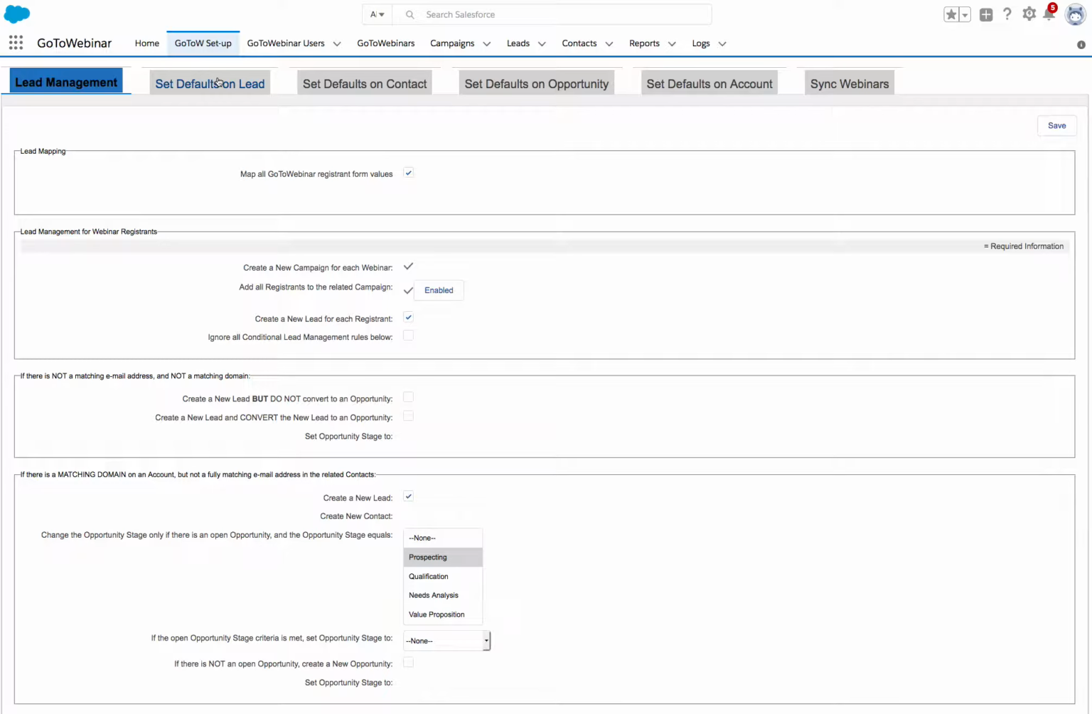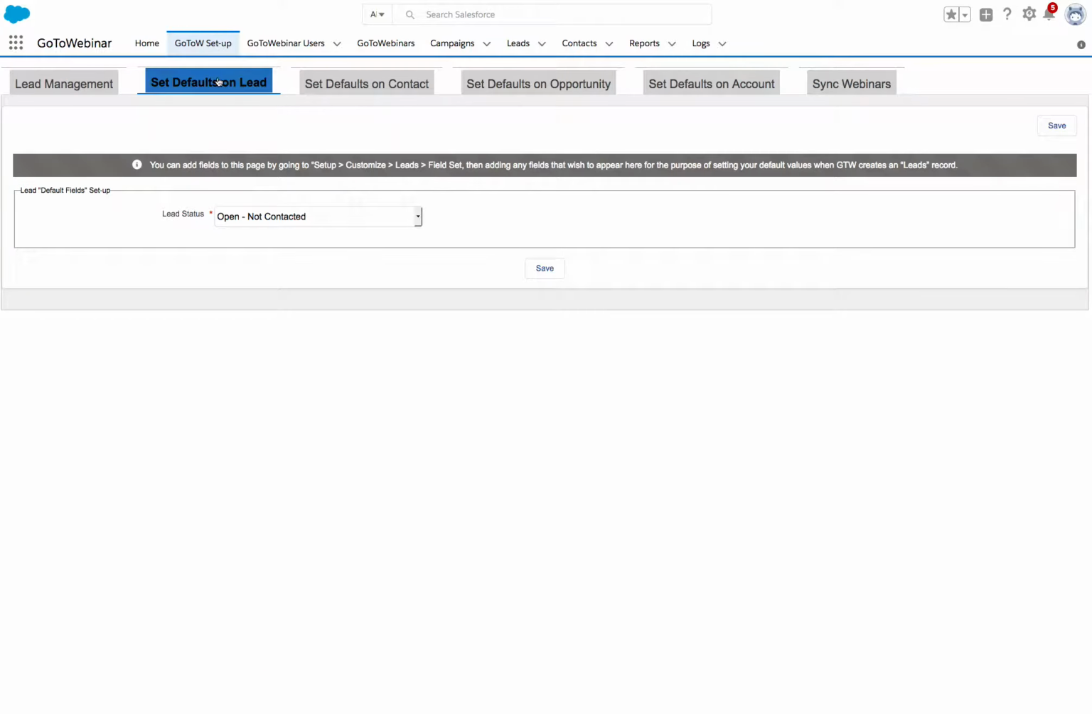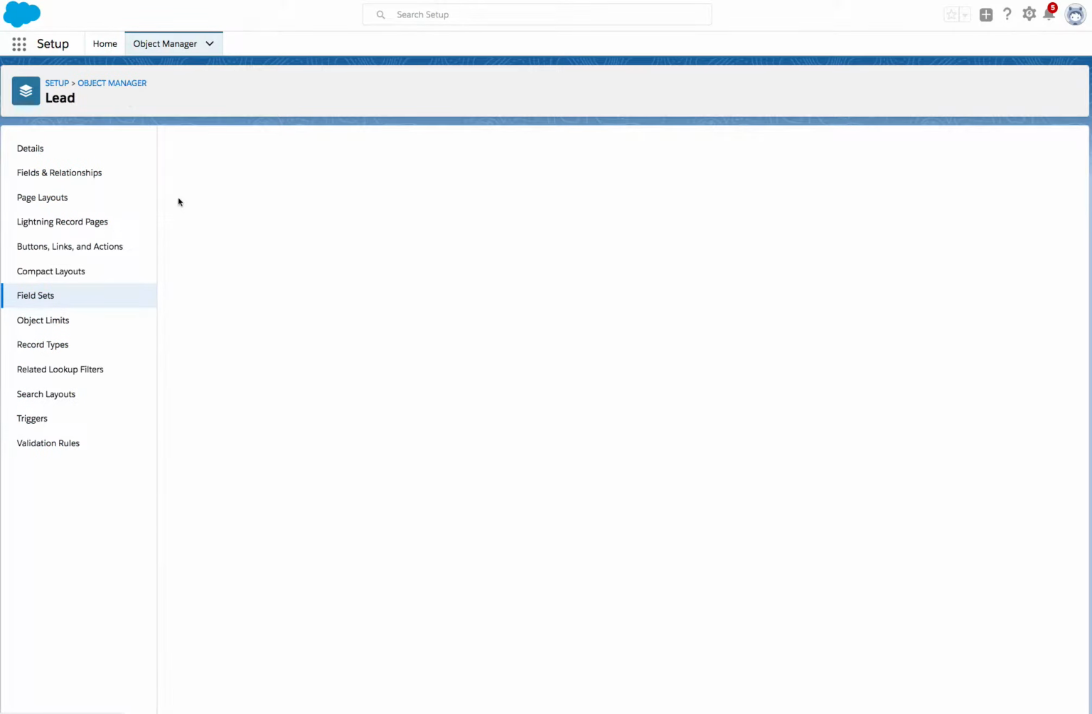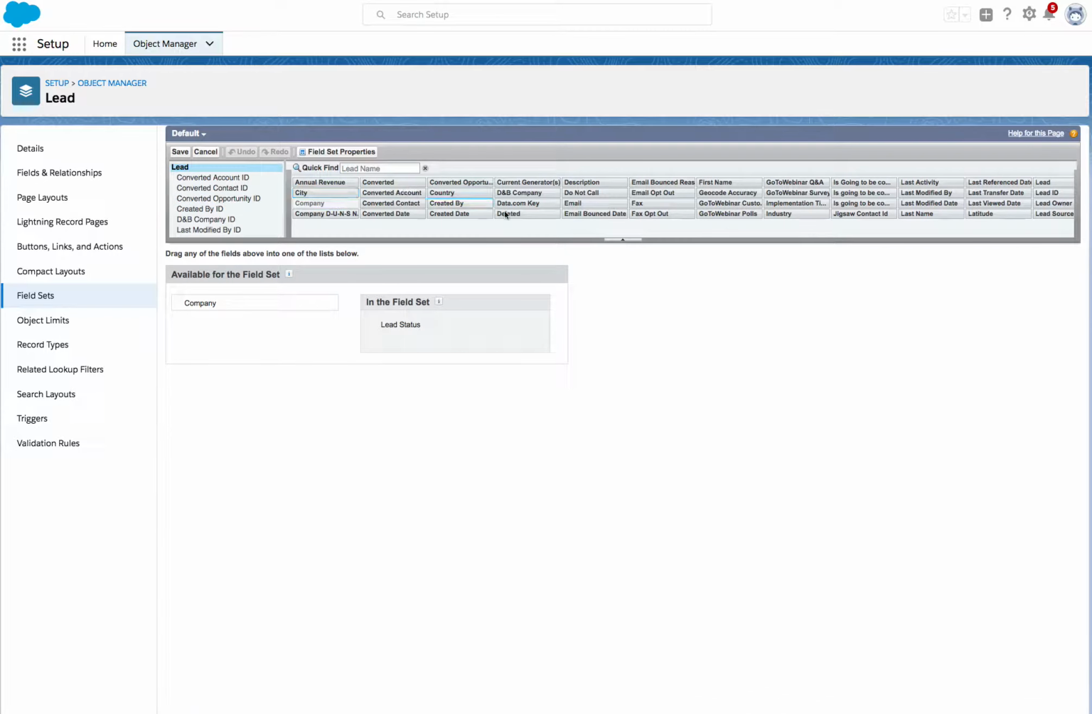If you can imagine, if we're going to create leads or contacts, some of you have lots of validation rules and lots of required fields in your page layouts. If that's the case, then you're going to have to come over to the field sets on leads or on contacts. Come to field sets. We have the field set here called default. Go ahead and open that field set, and add those required fields or the validation rule fields to